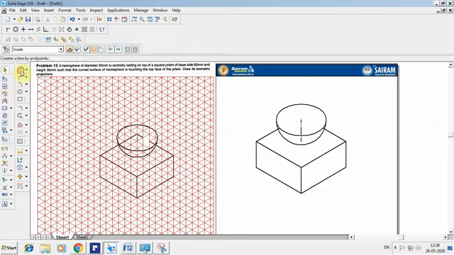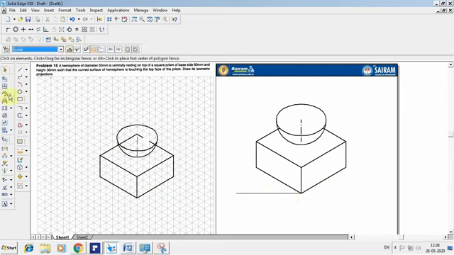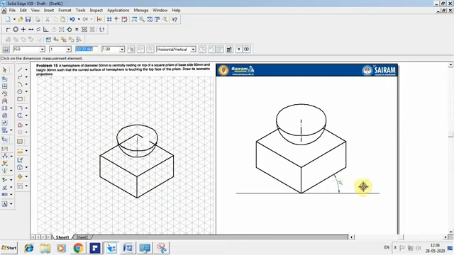Once you're done, to finish off, take a horizontal line at the bottom, and on both sides you can draw the horizontal lines and show the angle. So go for angle between, select the edge, show the angle as 30. Similarly the opposite side. So this is how you're going to solve the problem on hemisphere and a square prism.